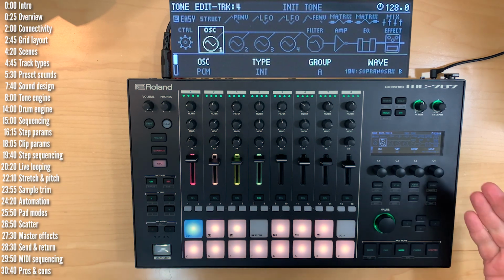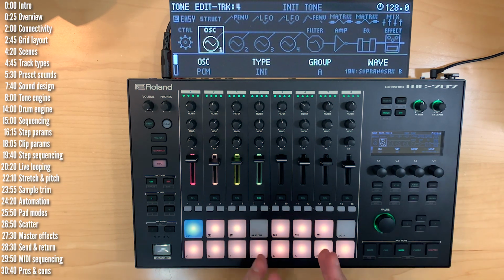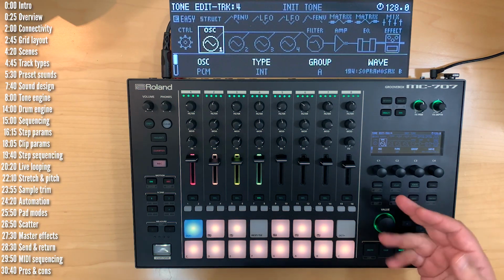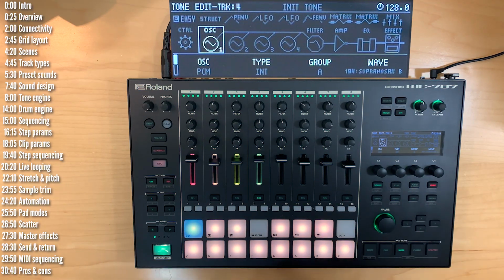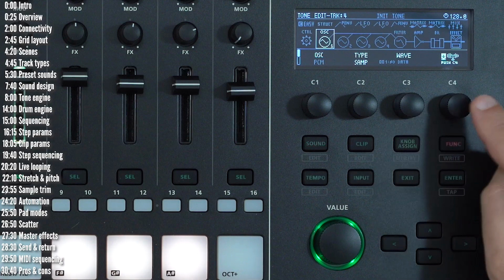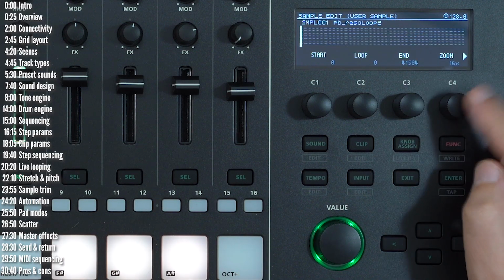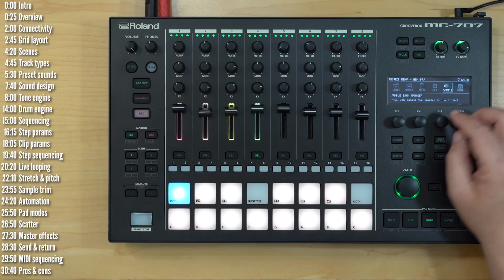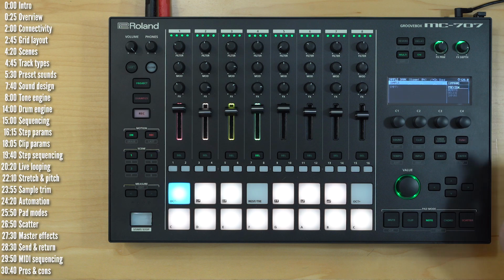So substantially more timbral diversity, obviously within the limits of the framework of PCM. So this isn't a sample library where every single pitch and various levels are sampled individually. Aside from using samples in the internal database, you can also load up your own samples. Right now, I don't have any sample loaded in this project, but I could go into project, select sample, and